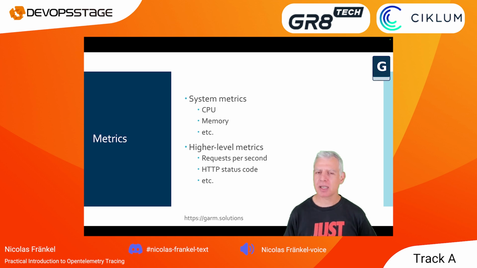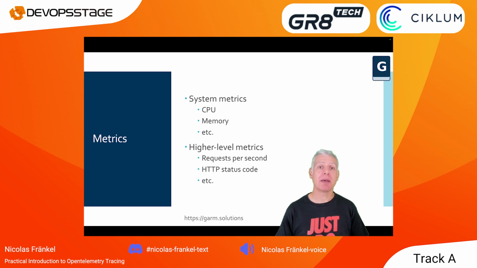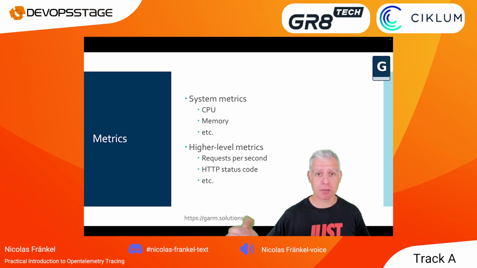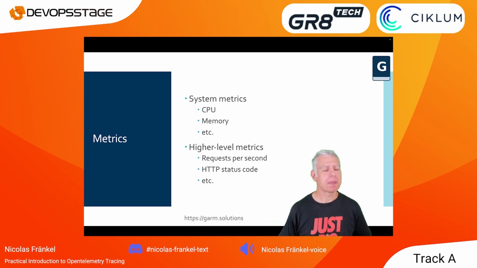However, we were looking at very low-level metrics, such as CPU, memory, and stuff like that. So every organization knows how to do metrics. I mean, the technology is there. I would advise you, if you are doing metrics, and you should, to have higher-level metrics that are closer to the business, that speak to the business. Because if you tell them, hey, look, we have, let's say, 85% of memory consumption, they might not be that interested. But telling them, hey, look, we have 10% more orders than last week, then they might be a bit more interested. And you might get budget for